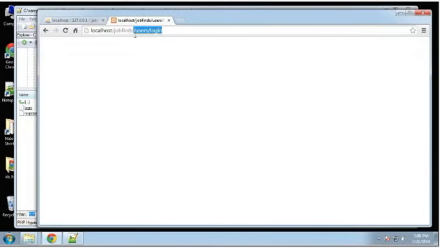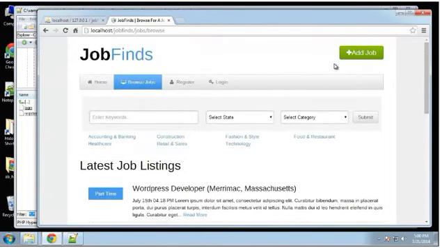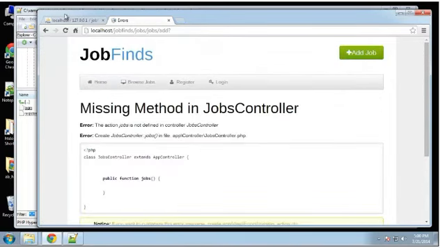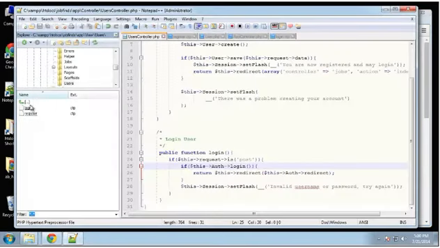Let's go to add job. Alright, so it let us into add job, so I'm pretty sure we are logged in, and we need a way to see it. So what I'm going to do is make it so that if we're logged in, it'll have a little welcome message up here. So we need to go to